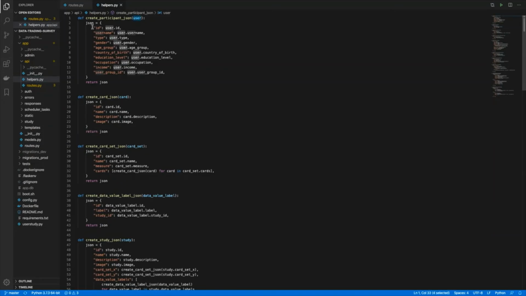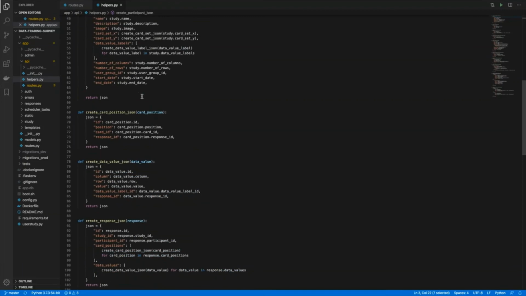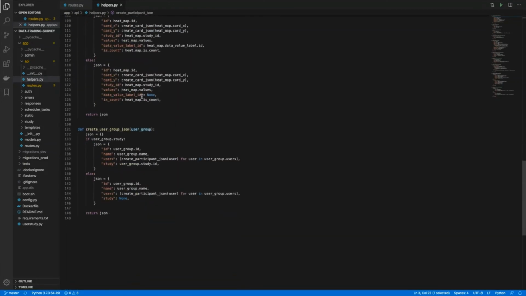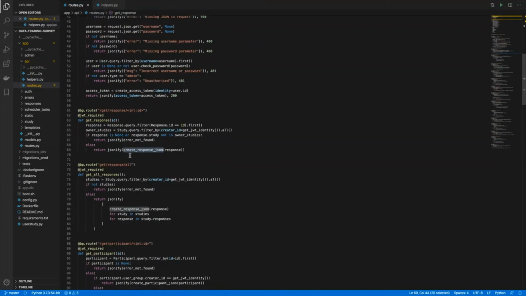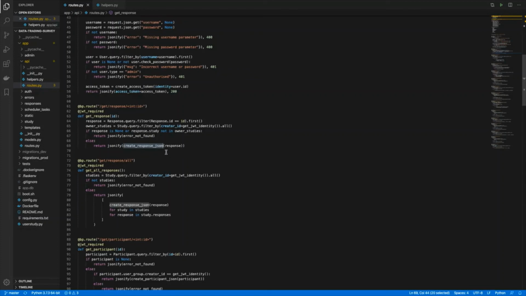By passing the object, we turn all of the attributes of a table into keys, and then the actual values from the database are the values for that key. There's one for every table in the database here, and that is returned upon these requirements being valid.